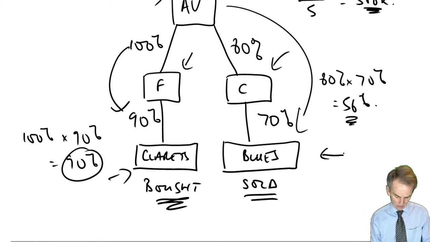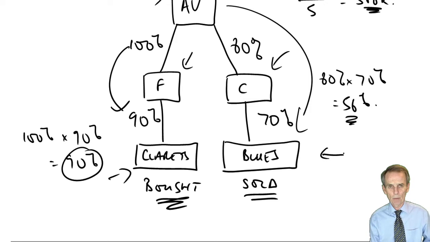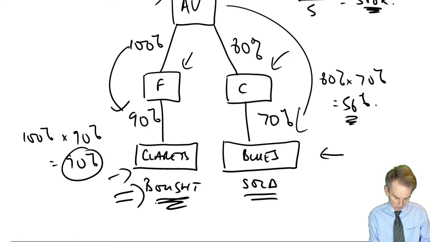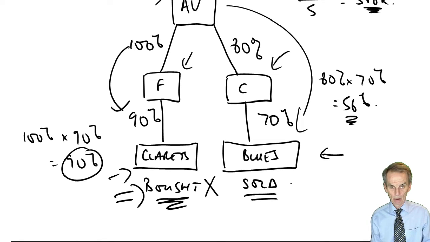If those two subsidiaries, a moment ago, if this was the percentage share ownership at the end of the previous period, both of them are to be included. But if we were told that Claret's was actually bought during this accounting period, we didn't own it at the end of the previous accounting period, and therefore Claret's would be excluded. If Blues was sold during the accounting period, even though we do not own it still at the end of this accounting period, we did own it at the end of the previous accounting period. So if it was sold, we would still include it for this period as one of our related 51% group